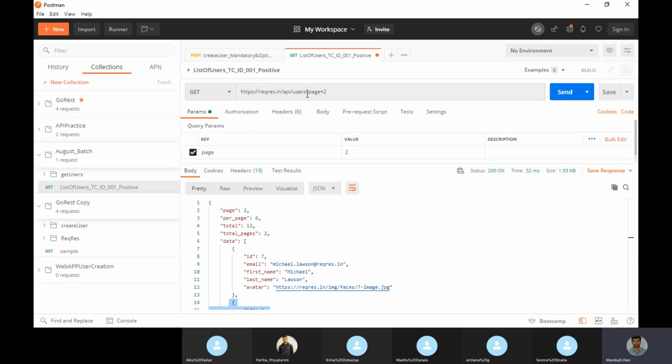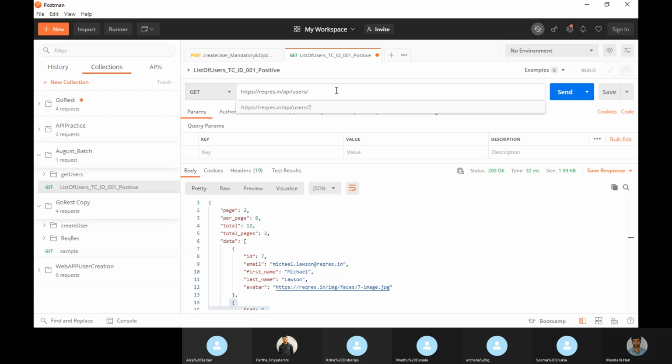Now what is meant by a path parameter? A path parameter will not have a question mark. A path parameter is used just to get the information for a specific record. Now I want to get a particular person's data by ID.